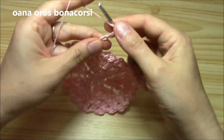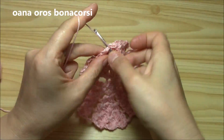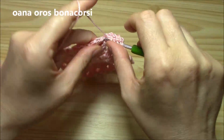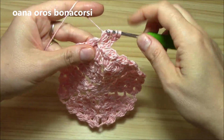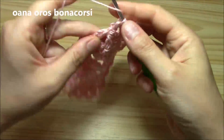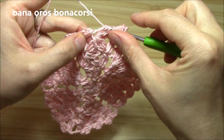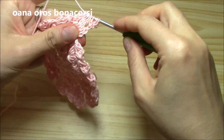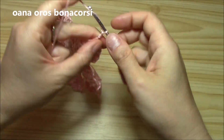This is the first cluster of the first jasmine into the secure chain where we work the solitary. We work the second cluster of the first jasmine, we skip the first horizontally and we work the third. Always to work the third we skip 1 horizontal cluster. We have 3 together and chain 1 to secure. Let's go with the second